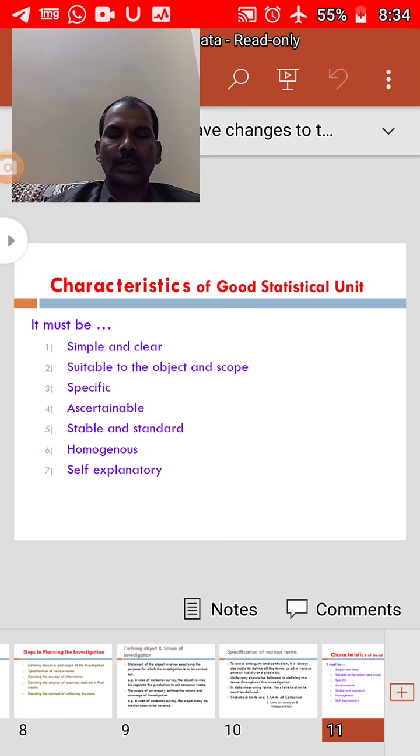Units of analysis and interpretation are statistical units with the help of which statistical data is analyzed, presented, and interpreted. These units differ from investigation to investigation and depend upon the degree of accuracy desired. Examples of units of analysis and interpretation are rates, ratios, percentages, coefficients, etc.